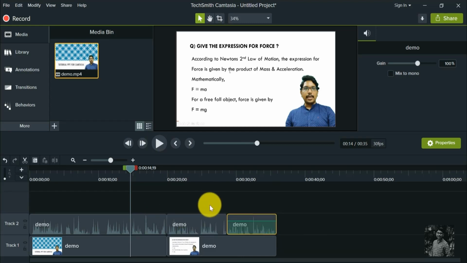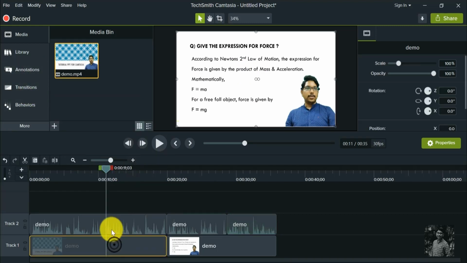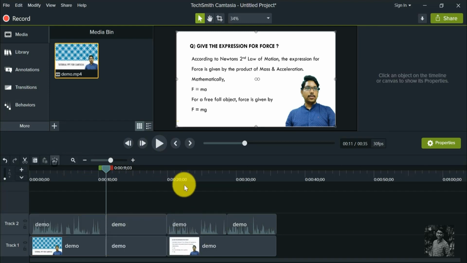The next one is that split is also useful in locations where you are moving from one slide to another slide. For example, in the video content, you are moving from one slide to another where you want to apply some transition effect or something. In those cases also you can apply the split option by choosing the tracks and clicking on split. That's it. Okay. The split is complete. Now moving on to the next part, I'm just clicking on undo.